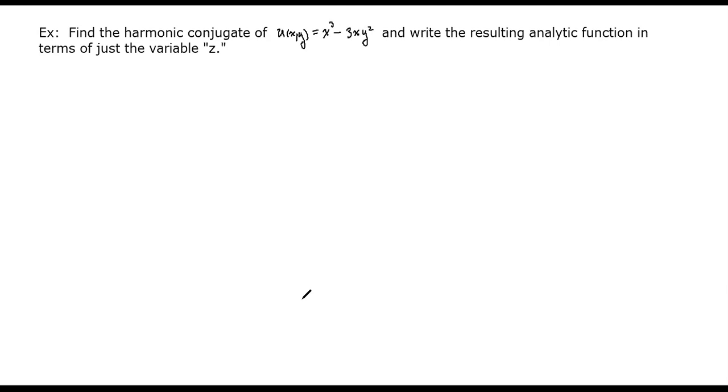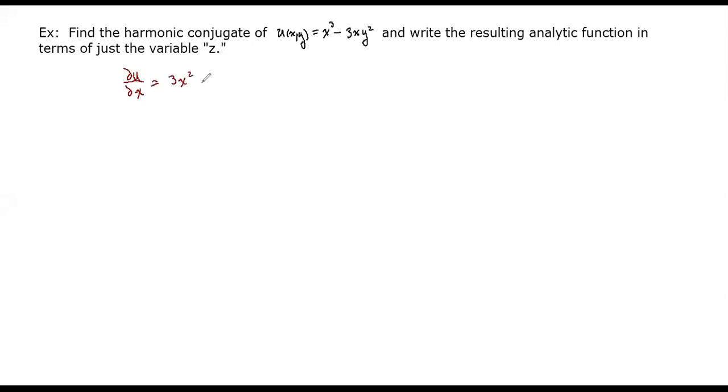And then with a little bit of squinting, so you don't have to prove it, you can just guess what it is and you'll be right, and we'll show that. This is something that can be written as just a function f of z. So only the variable z appears, which is another way of thinking about analytic functions. Okay, so just use the Cauchy-Riemann conditions. So partial u with respect to x